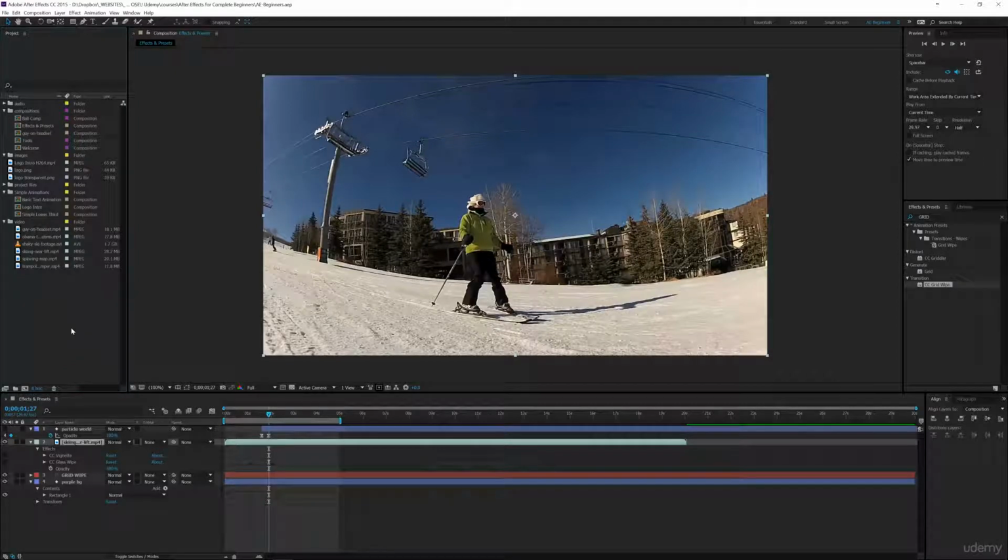This effect is called grid wipe, and it's just another fancy transition that you can use to go from one clip to another, and it's really simple. So let's just go ahead and jump in. Just go ahead over here and type grid, and we're going to drag the CC grid wipe over to our